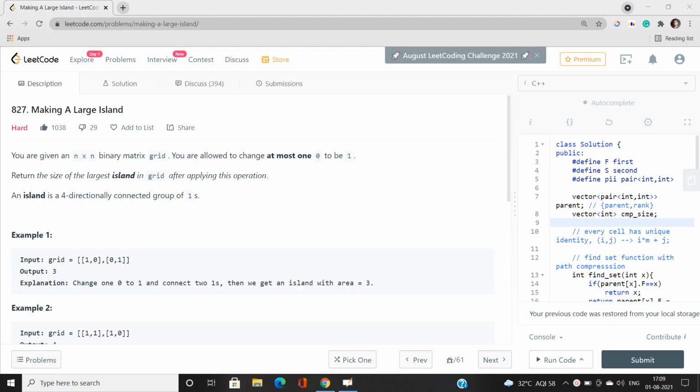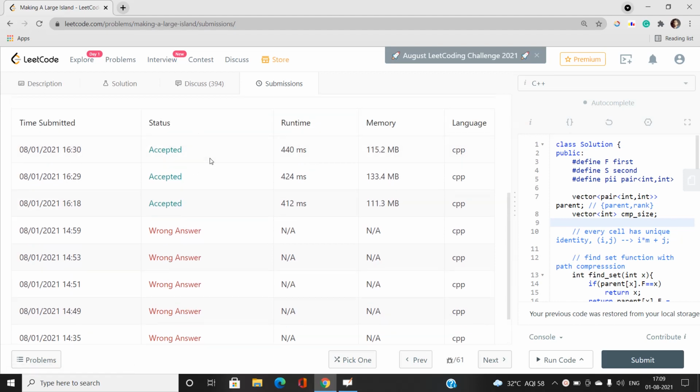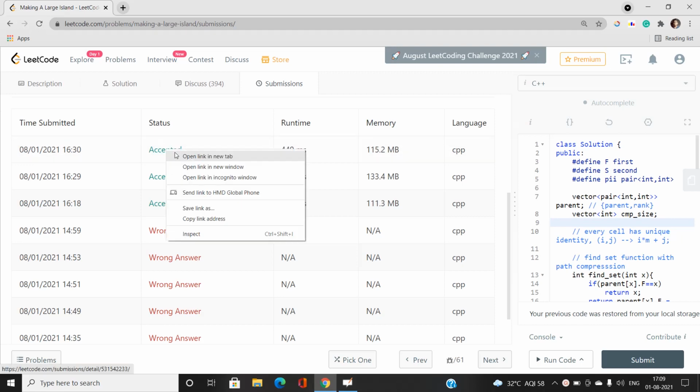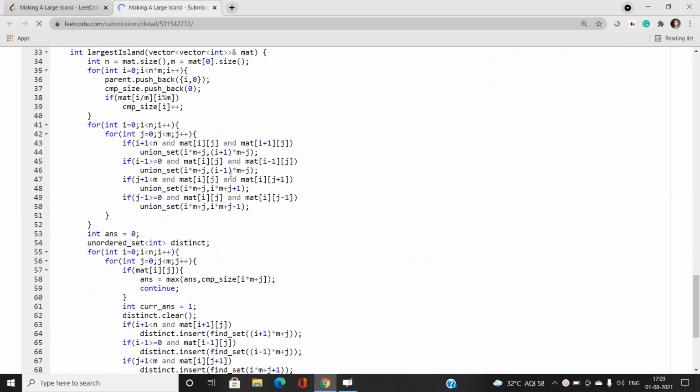Okay, so you can see that after a lot of theories and wrong answers, I came up with this correct answer, because there were some bugs that took some time while debugging. So let's move on to the coding part where I'm going to explain the entire thing. Note that you must have prerequisite knowledge of disjoint set union.